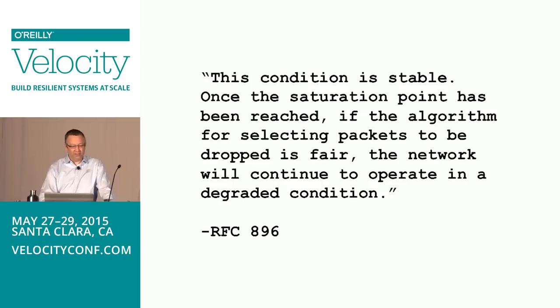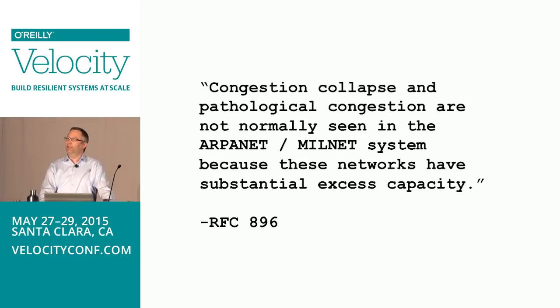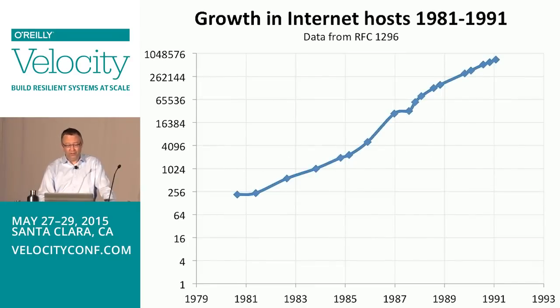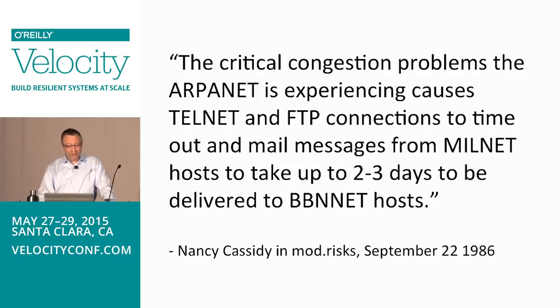So Nagel writes all this up in 1984, and he cheerfully notes at the time that congestion collapse is not normally seen on the ARPANET because these systems have substantial excess capacity. Well, that was 1984, remember, doubling every 9 months. So here's the Usenet posting from 1986. Critical congestion, mail messages, that's email messages she's talking about, take 2 to 3 days to be delivered, which is ridiculous. So enter Van Jacobson, our hero, the person widely credited with saving the internet from collapse due to traffic